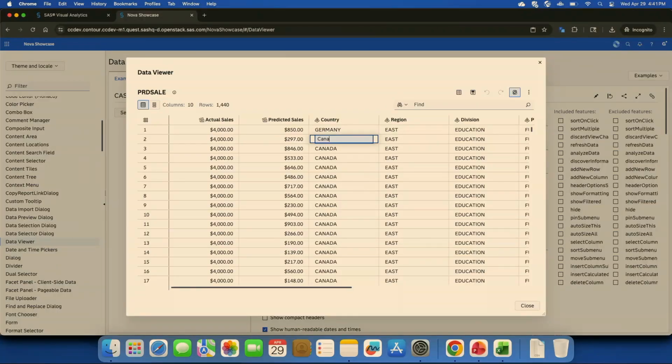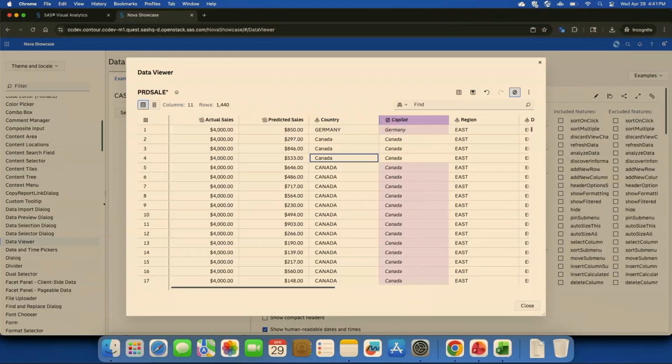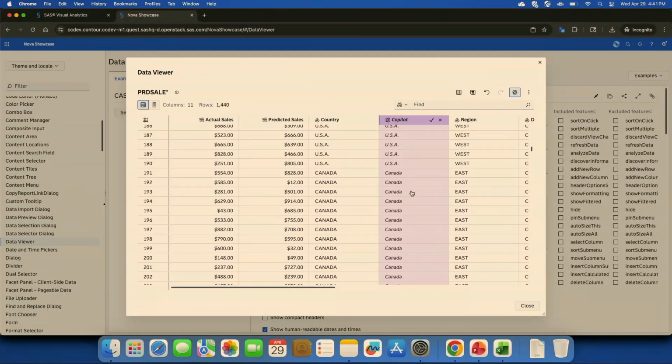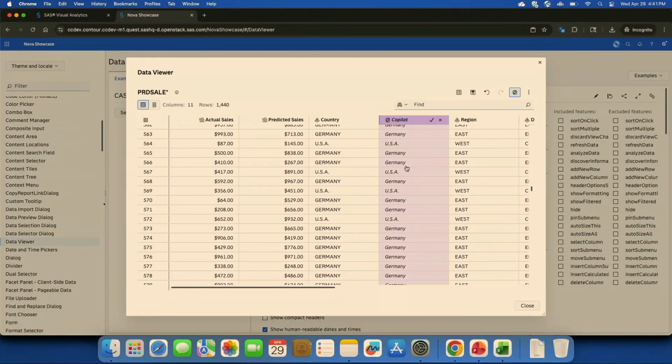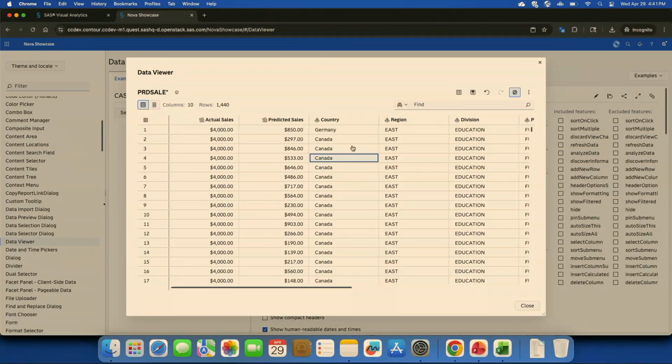So if I go in here and I type Canada correctly, I just keep typing Canada in lowercase or mixed case here, then it's going to realize that and predict that I'm going to change all the other Canadas, and not just the Canadas, but also if I scroll down far enough, the Germanys and other countries to be mixed case as well. And I can just hit accept on that, and it's merged the data back into the column that I've been editing.